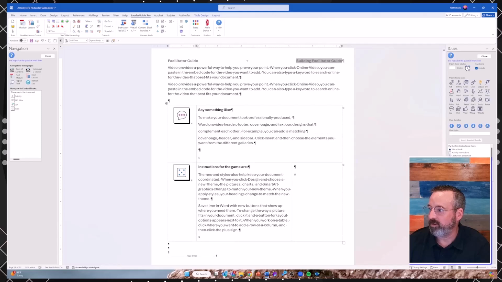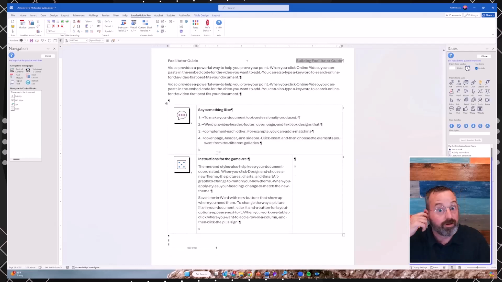I'm just clicking in certain locations, but I could break this down maybe into a numbered list or whatever that is. And now it's just that much easier for the facilitator to, at a glance, get the information and be back up in front of the class, be back up in front of the camera. And so much of it is tied to